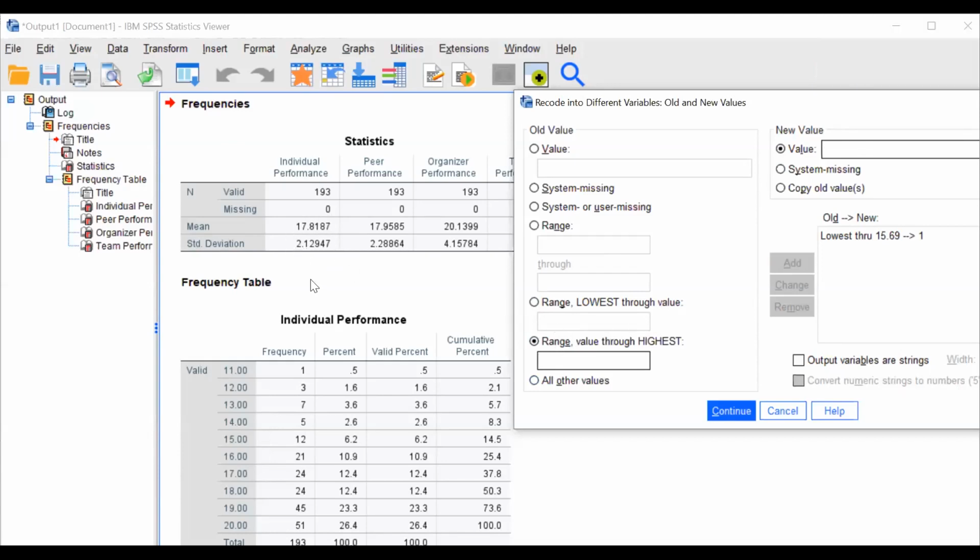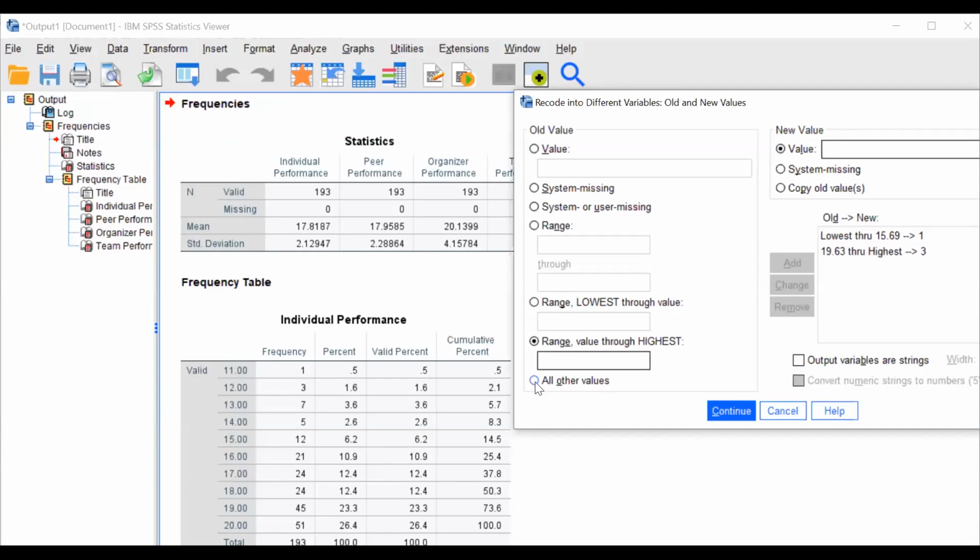So it is nothing but 19.63. Now it is the highest, and I am giving the value 3 for the highest, and 1 for the lowest. Why? Because the values in between 15.69 and 19.63 are grouped as moderate, medium. So medium I am going to label 2.